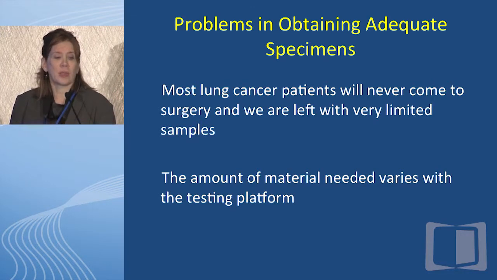Most lung cancer patients will never come to surgery, and therefore we're left with this limited sample. And many pathologists are still in the comfort zone of working up these specimens with every immunostain known to man, and then being left with a very, very limited portion of a limited specimen to see what molecular analysis can be done. Now, the amount of material that you need also varies by the testing platform. Some platforms require more material than others. So these things have to be taken into consideration, and that's why the discussion should be with the pathologist, the